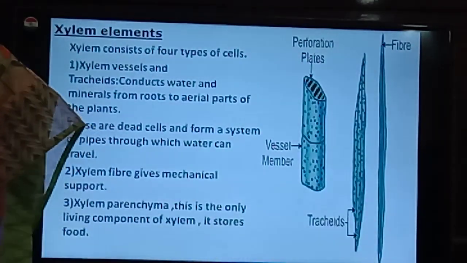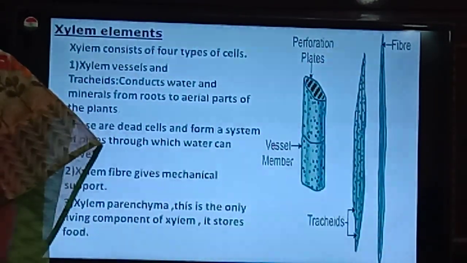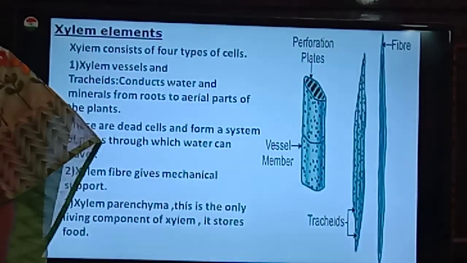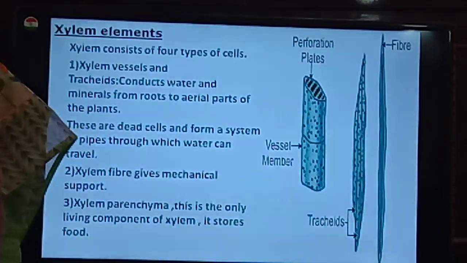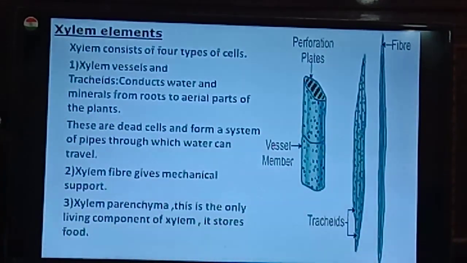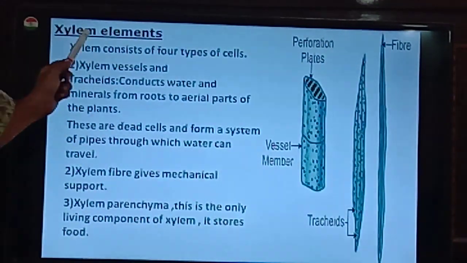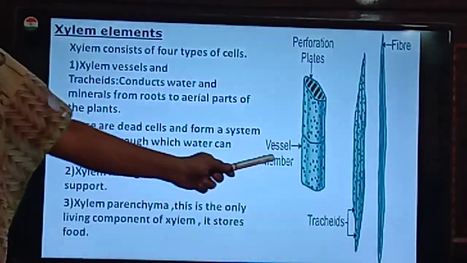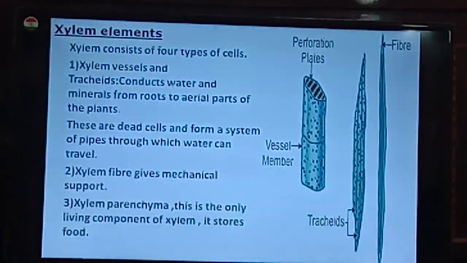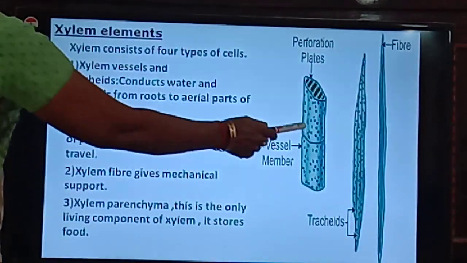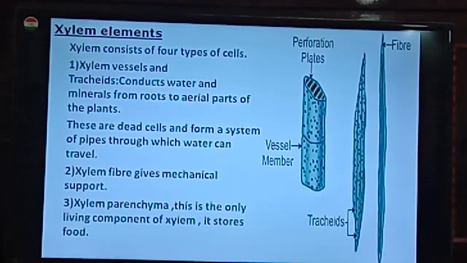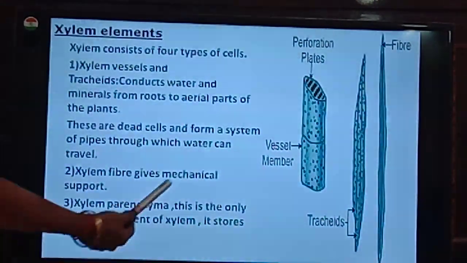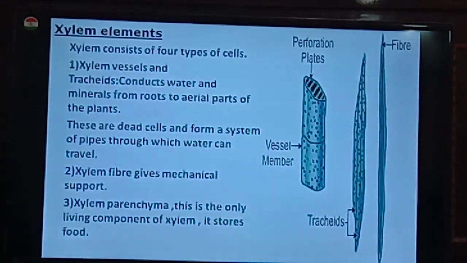Yes. Xylem. In 9th you learnt about complex tissues. So this xylem and phloem, these both are also called conducting tissues or vascular bundles. Here, if you see xylem elements, xylem has 4 types of cells. What are they? Xylem vessels, xylem tracheids, xylem fiber and even xylem parenchyma. So these xylem vessels and xylem tracheids play a major role as they help in transportation of water and minerals in the plant.